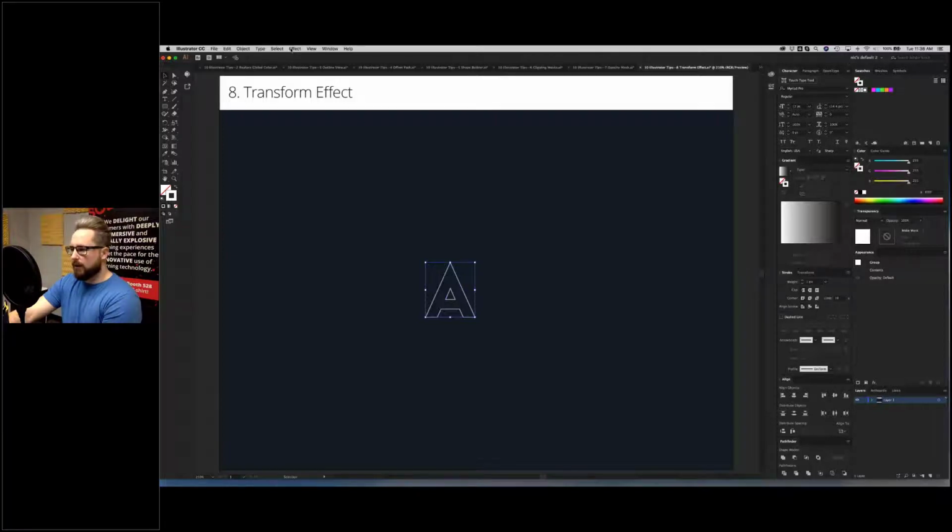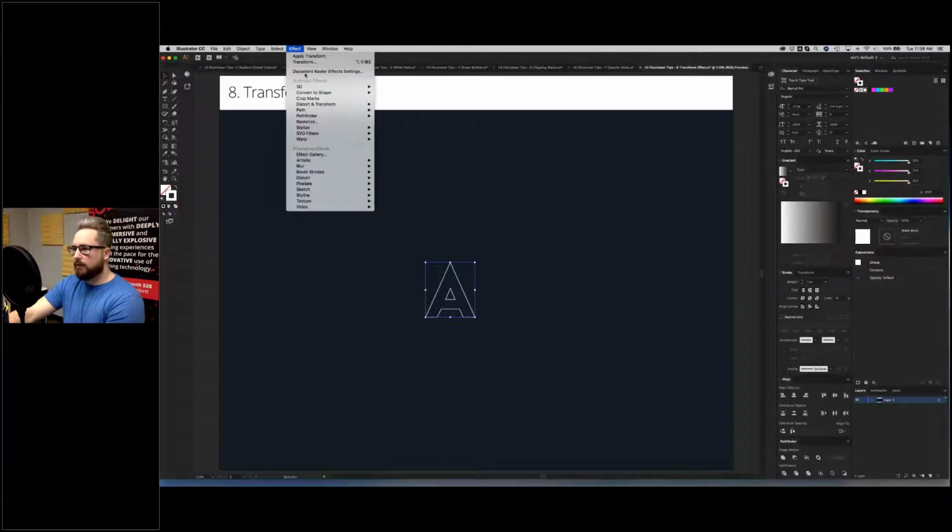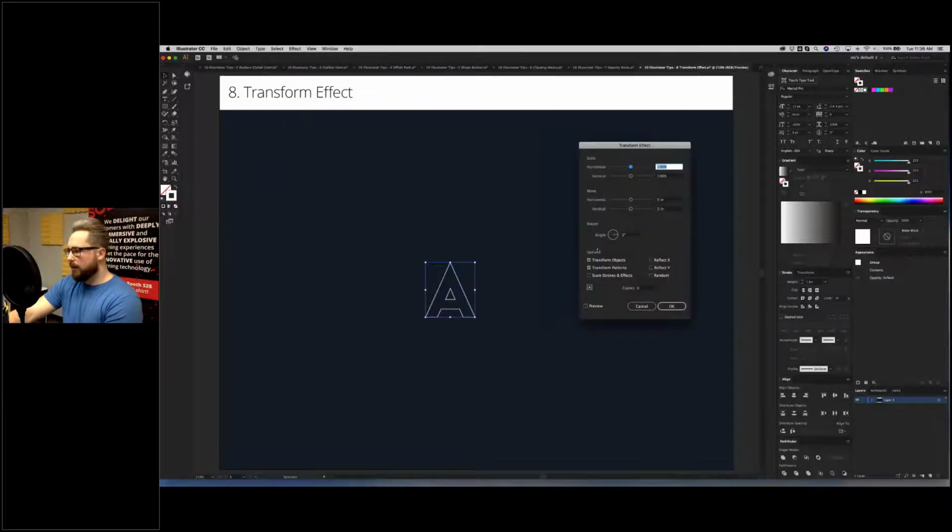So I select the A, go up to Effect, Distort and Transform, Transform, again, make sure to click on Preview. And maybe I'm not sure exactly what I'm going for, but I kind of want to experiment and explore and see what options I might have. So I'm just going to put in 25 copies for now,